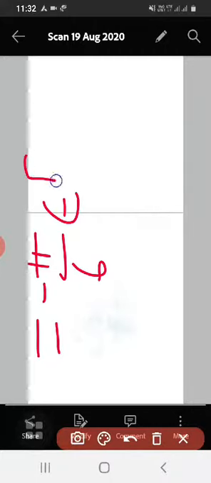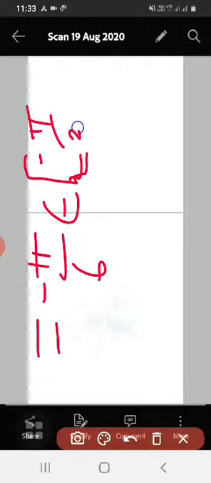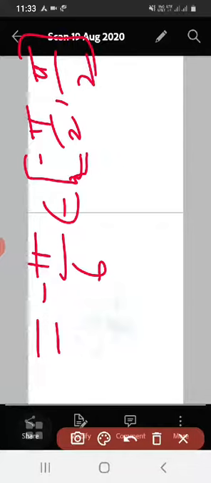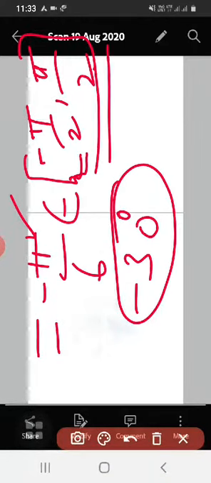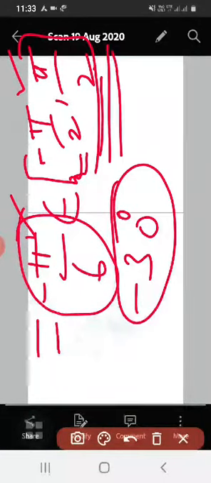Minus pi by 6 belongs to, so what was our range of sine inverse? Minus pi by 2 comma pi by 2, that is minus 90 degree to 90 degree. This is minus 30 degree, which lies in this interval. Our principal value should belong to the principal value branch, otherwise we cannot take it as a principal value. So here the principal value is minus pi by 6. It belongs to the closed interval minus pi by 2 to pi by 2. So the second one is over. I hope you got the point.